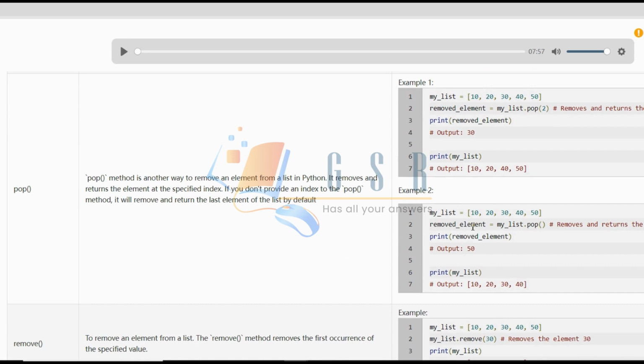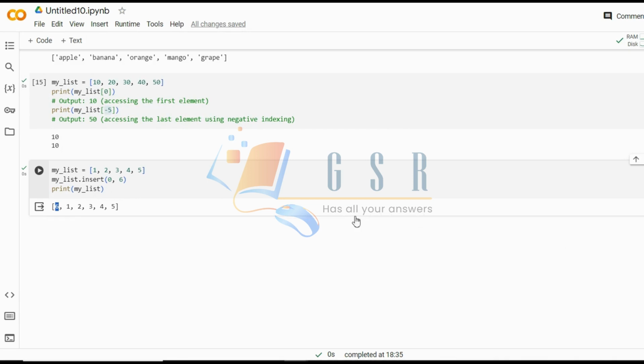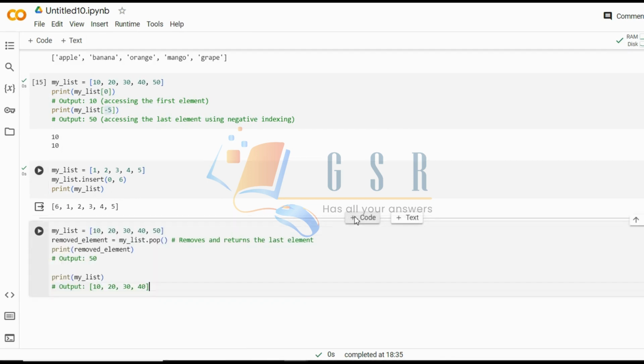Now we have a pop method. Pop method is used when we are going to remove some values from the last of a string variable, sorry, list variable. So when we are using pop,